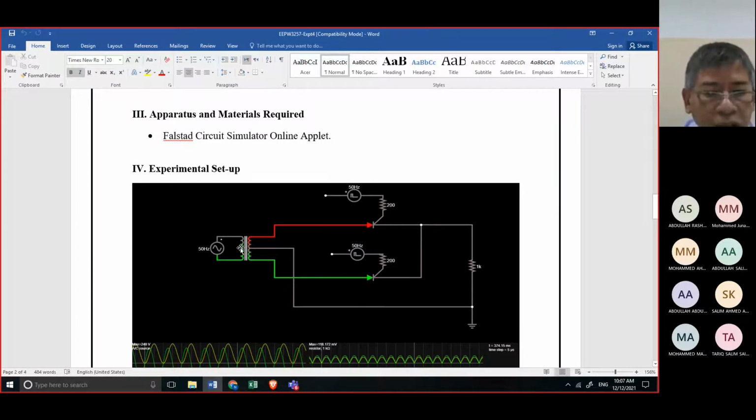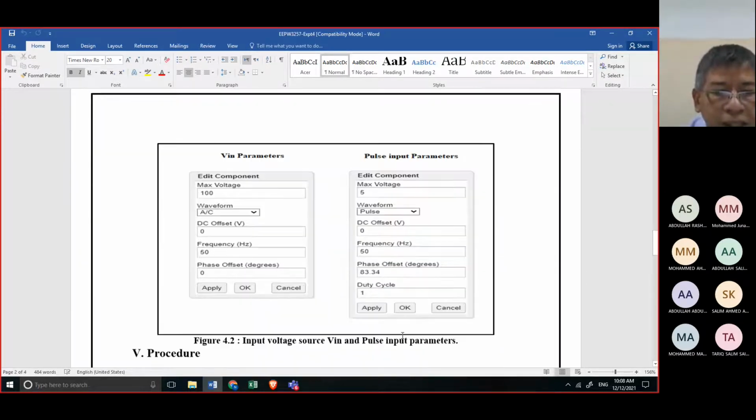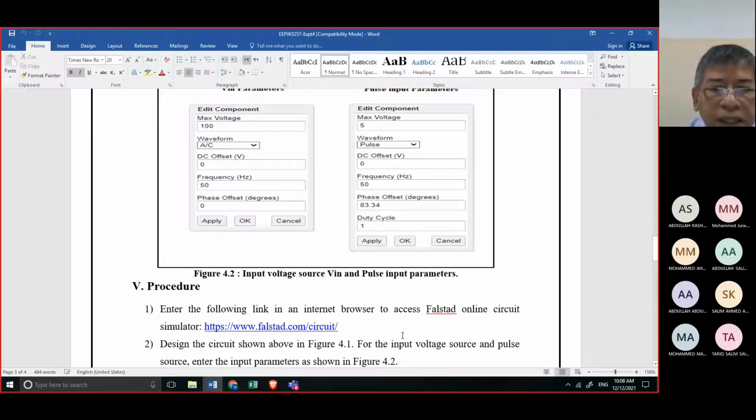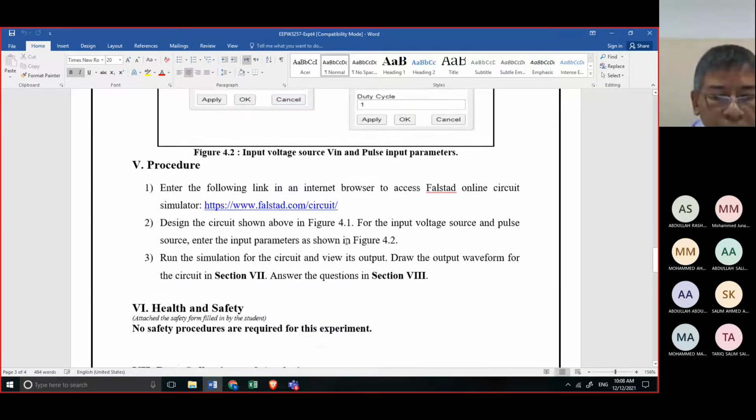We need a transformer with a center tap secondary, and then we will use two SCRs because I want to show you the waveform, so that you can compare the waveform of a half wave rectifier compared to a full wave rectifier. So this is the voltage input parameter and then the pulse input parameters also. It's almost the same as the